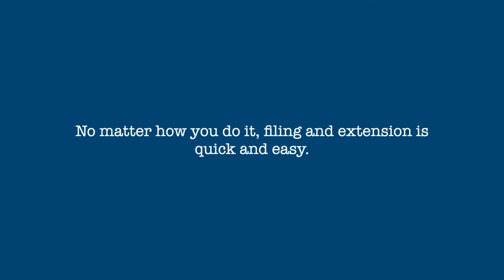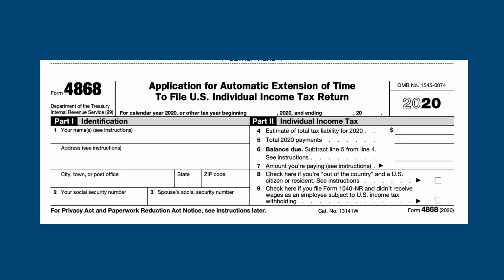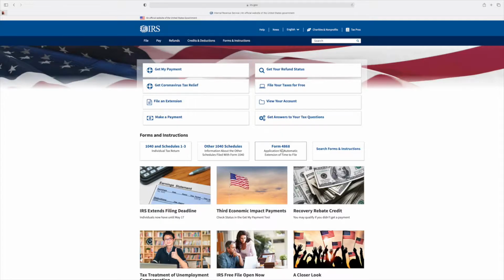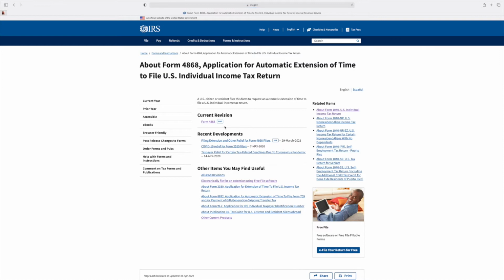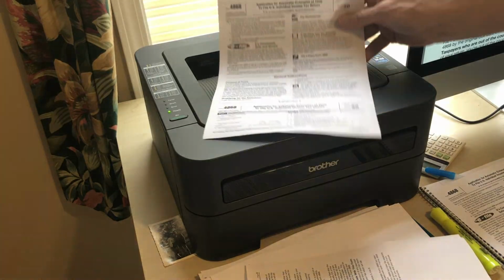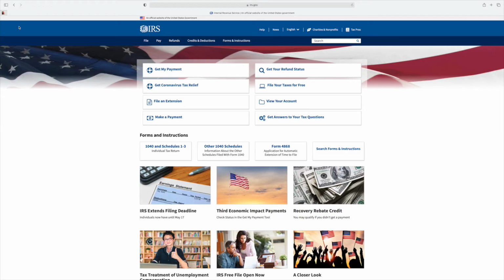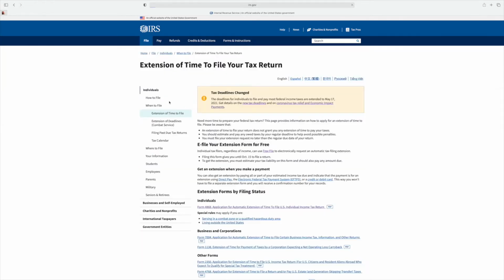No matter how you do it, filing an extension is quick and easy and can take as little as 15 minutes. Extensions for individual income tax returns are filed on Form 4868. Now you can go to irs.gov, click on the PDF for Form 4868, fill it out, print it, and mail it in, but it's much more secure to file it electronically without much more effort than filling out the paper form. Rather than going to irs.gov and filling out the form to print and mail, simply click on File an